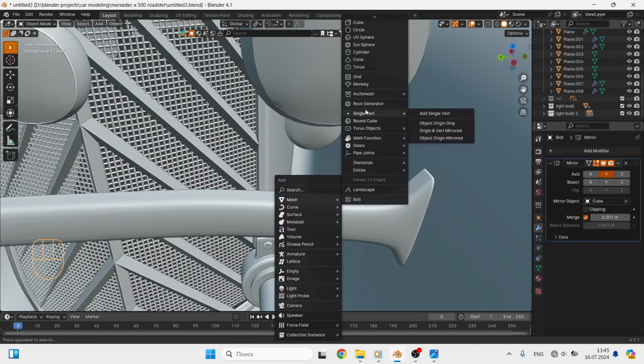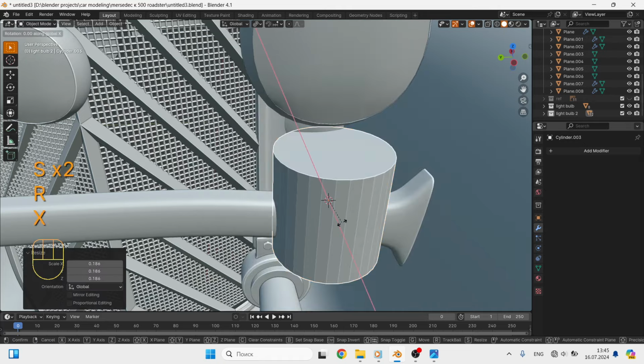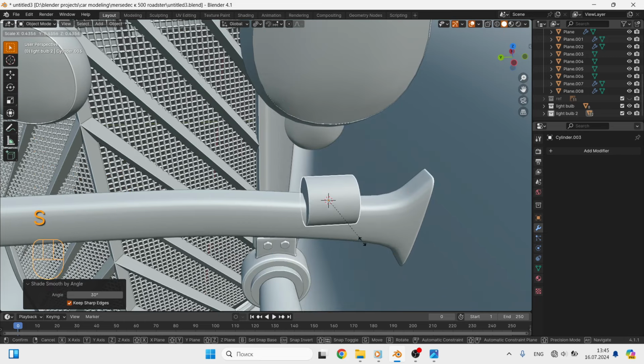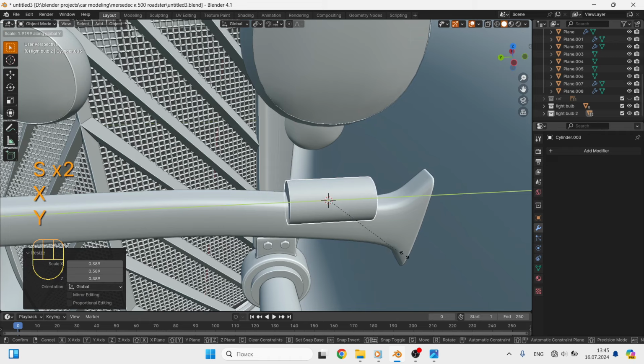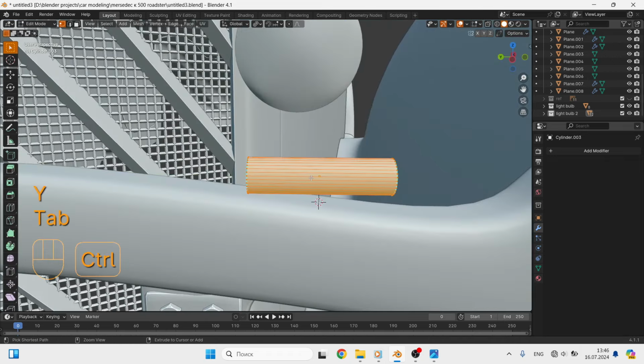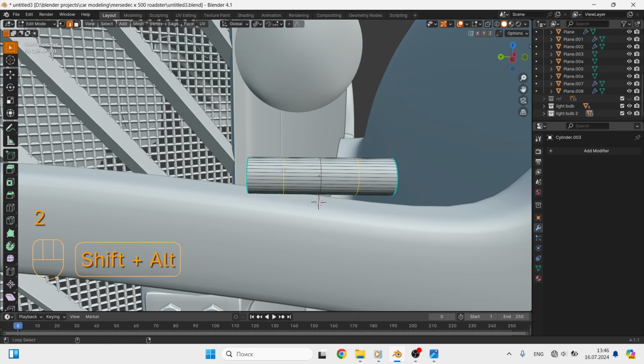Now we need to make loops that will attach the headlights to the mounting plate. To do this, we use a cylinder, reduce it and stretch it along the length. Next, you need to add two edge loops in edit mode, and then use the Ctrl-B combination to divide each of them into two.